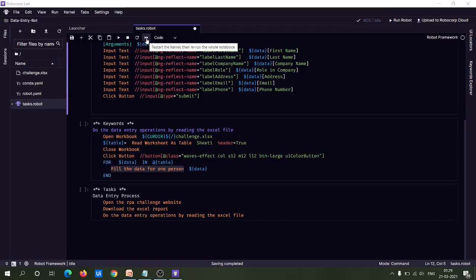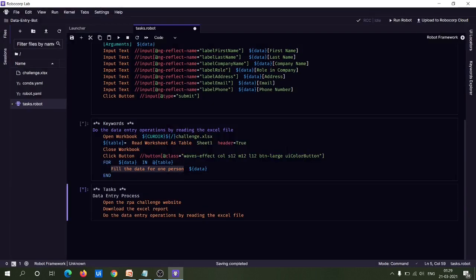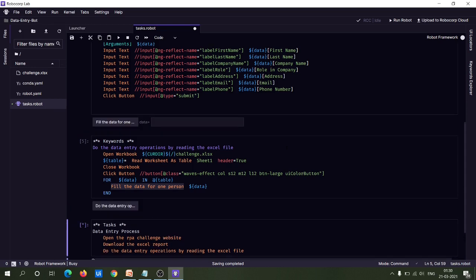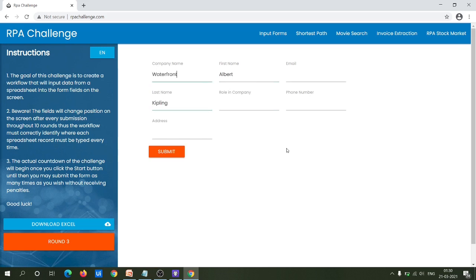So let me quickly run this workflow. So it seems to be working fine.